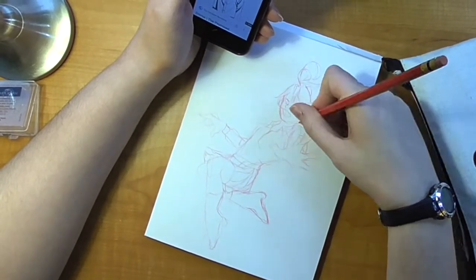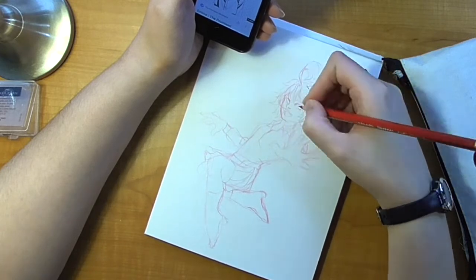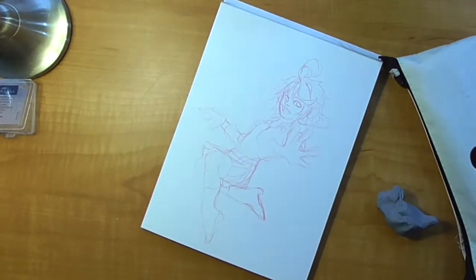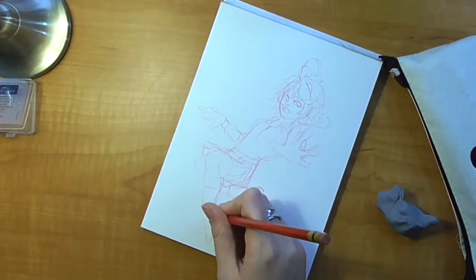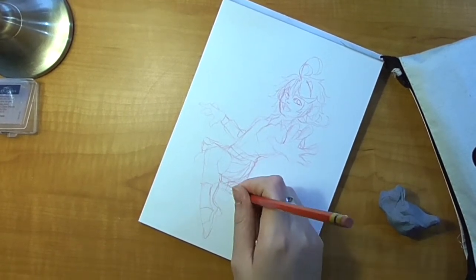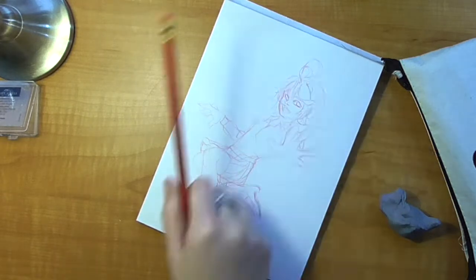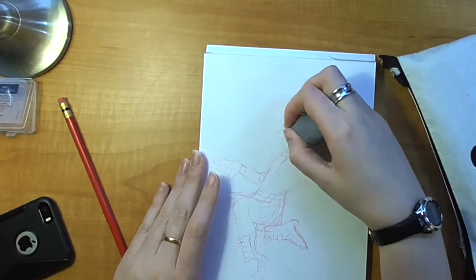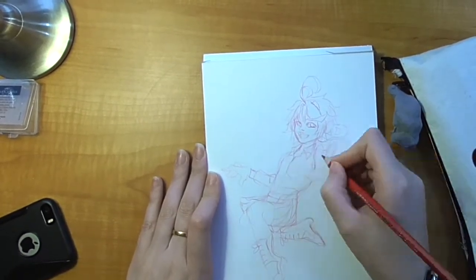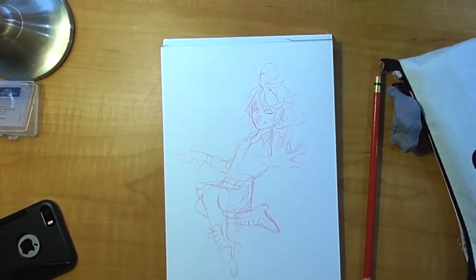So I decided to try out this method of using a Prismacolor Col-Erase to do my sketch lines, and then color it with marker. And at this stage I didn't really know what I was planning to do in terms of line art, but then later on I decided to try the whole Bailey J technique of doing line art in colour pencil, and I actually really, really liked it. I think I might be doing more illustrations in this style because it was a lot of fun. I wasn't struggling with the material. The paper was on my side, the markers were on my side, the pencils were on my side, everything was on my side except for the part where I was sharpening my brown Col-Erase pencil and the